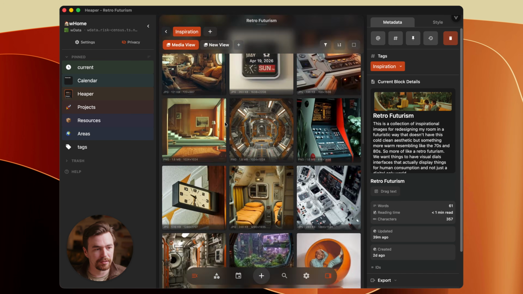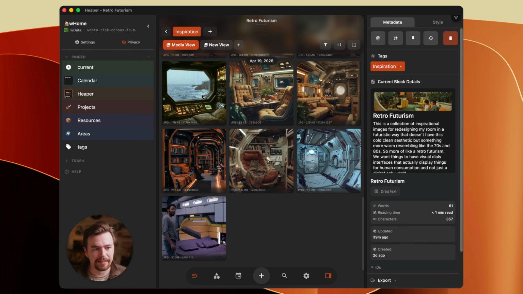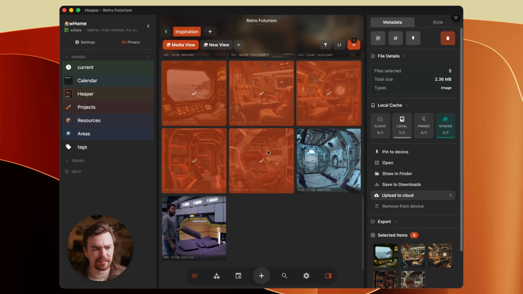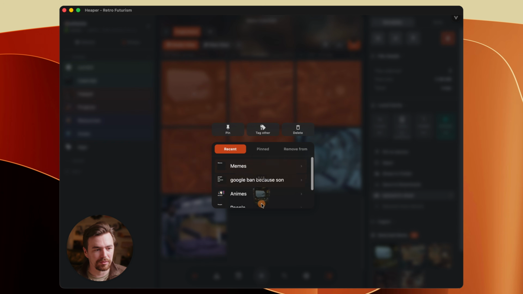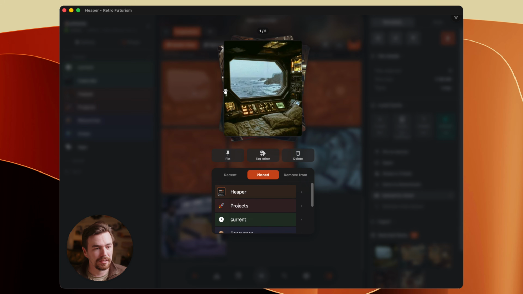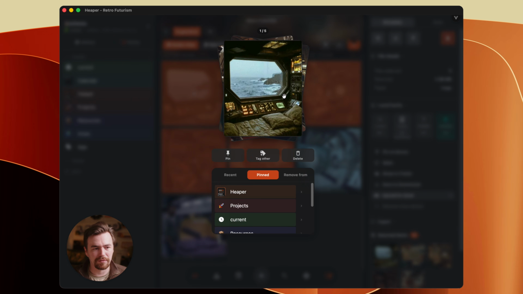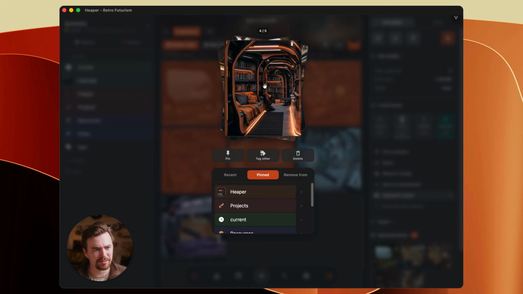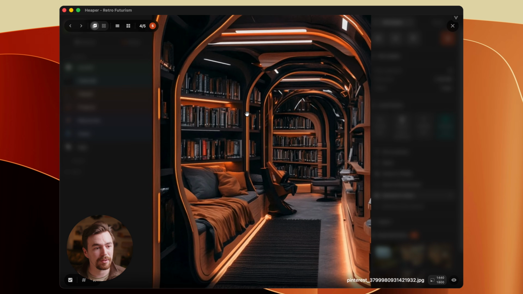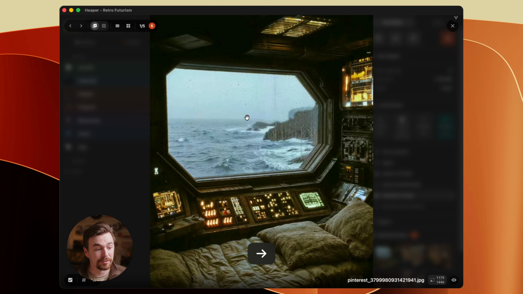You can basically just scroll through these lists, and Heaper should make it easy so you can select a few things and tag them with something, which is just dragging them onto something you already have used or in your sidebar items. This is something where I did quite a few of these smaller things that I like to actually confirm that my selection is correct. But if you actually want to dive in deeper, there's this quick preview mode where you can go through your selection, and